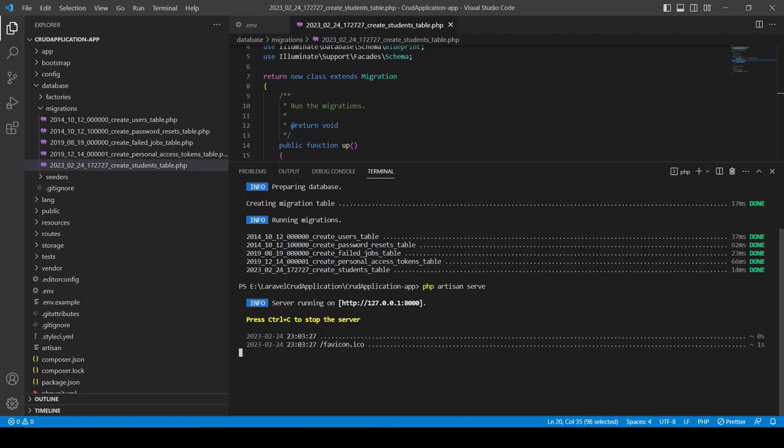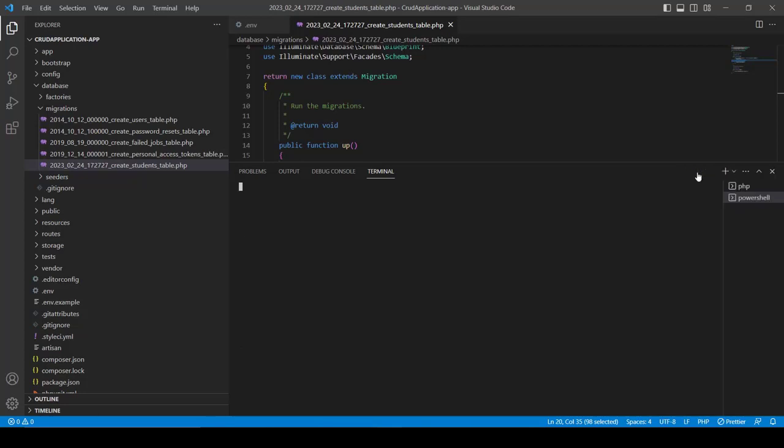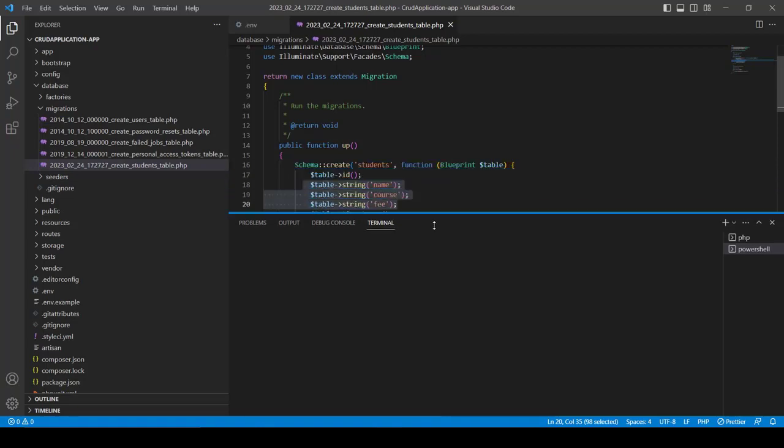Okay. Now what I'm going to do is open a new terminal without stopping the running project. So how to open it? Here, click on this plus symbol and open another terminal. Right. Now here I'm going to create the